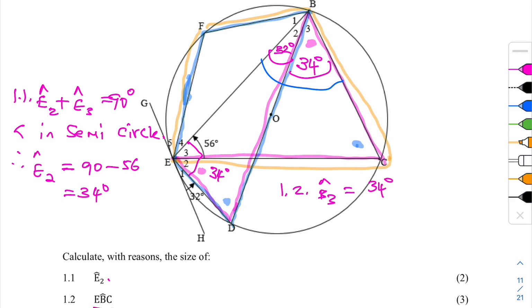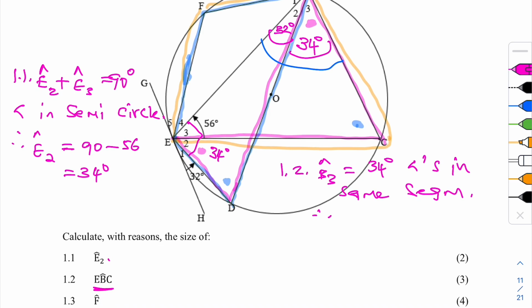I'm using the pink cyclic quadrilateral. So angle B3 is 34 degrees. That will be angles in same segment. So therefore, angle EBC is equal to 32 plus 34 degrees, which is